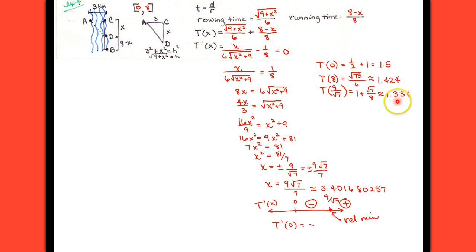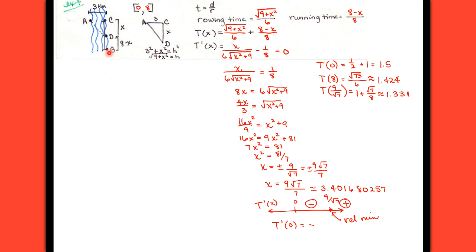It takes 1.331 hours if I row from point A over to a point D, where x is 9 over the square root of 7, or 9 square roots of 7 over 7, or about 3.4 kilometers. Basically, I want to row to a point that's about 3.4 kilometers down, and then I want to run the